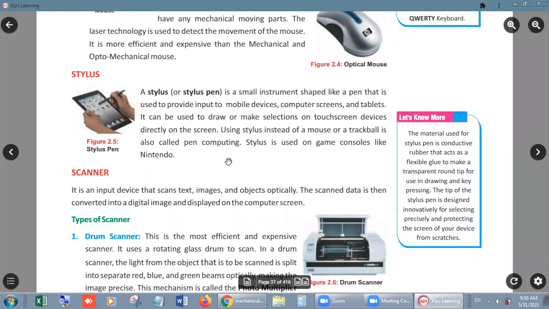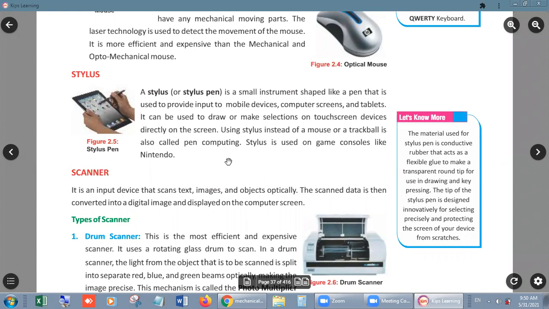Next is scanner. We all know that because most probably you have seen a photocopier machine, photostat machine you can say, because the same technology is used in scanner also.